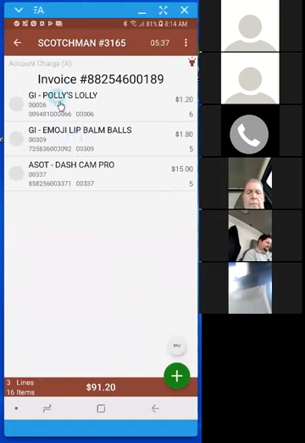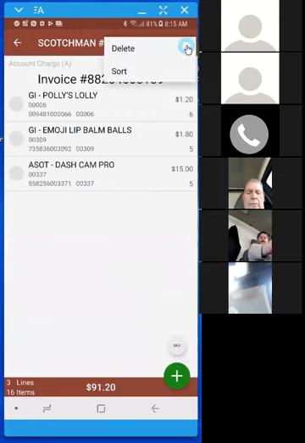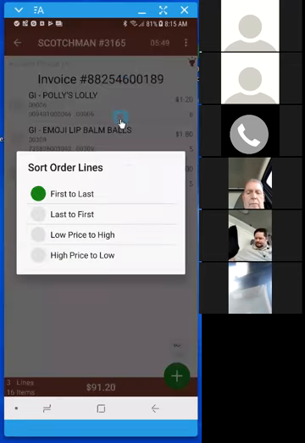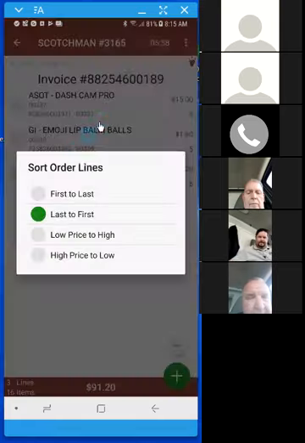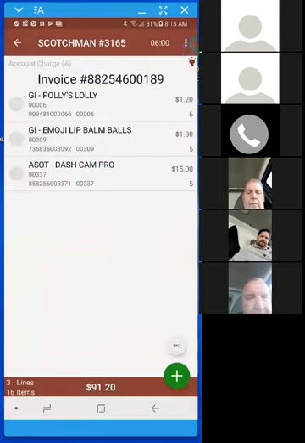Go ahead and hit those green bullet points up there, the 3 bullets again. Okay, you can actually sort the way you want your order done. So if you sort it, you can go first to last, last to first, price high to low. You are able to sort that and tell it how you want to pick it. Now, if you hit the back button again,